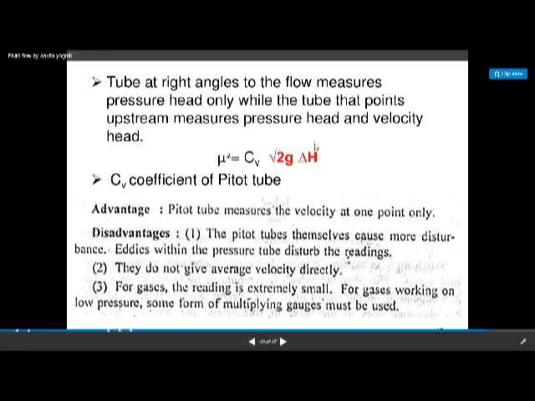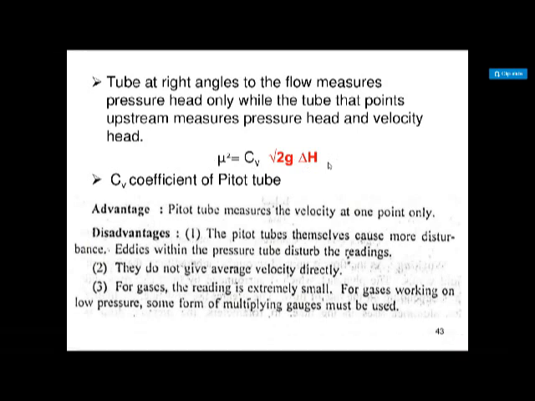This height is called as delta H, and this is put in the equation, that is u squared is equal to Cv, that is the coefficient of pitot tube, which is a constant value, under root 2g delta H, right? So depending on the difference in the height, जितना ज़्यादा delta H उतना जो है वो इसका फ्लो जो है वो ज़्यादा रहेगा, because both the terms are directly proportional. So in this way the flow rate can be determined by using the pitot tube.